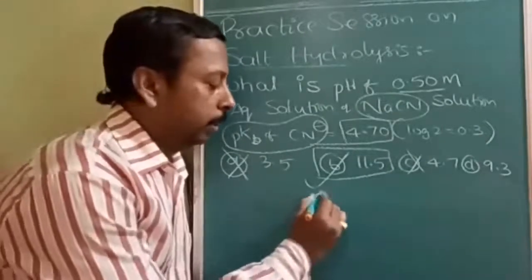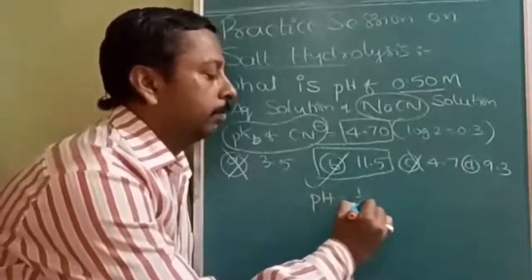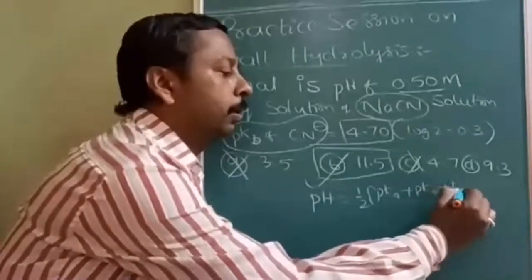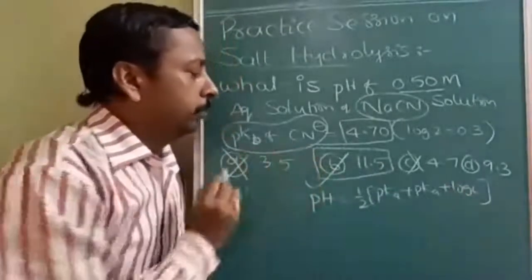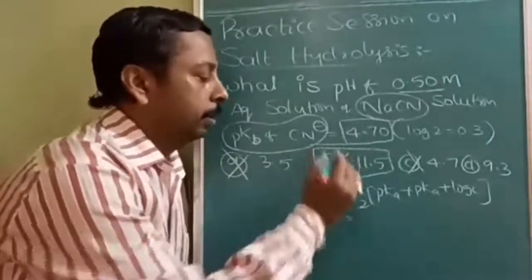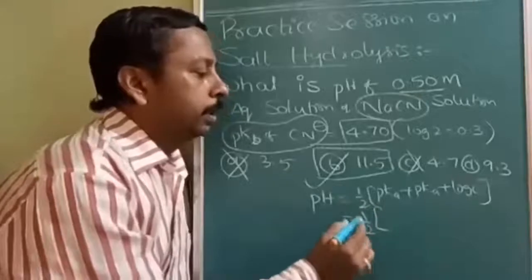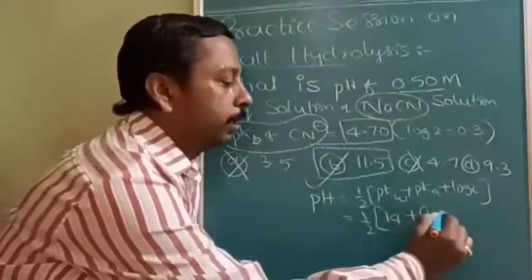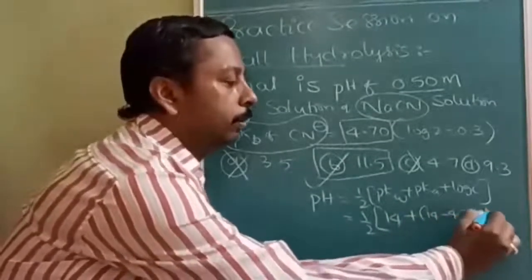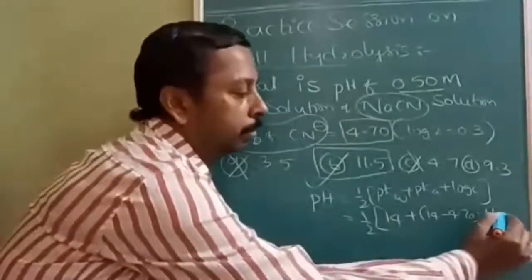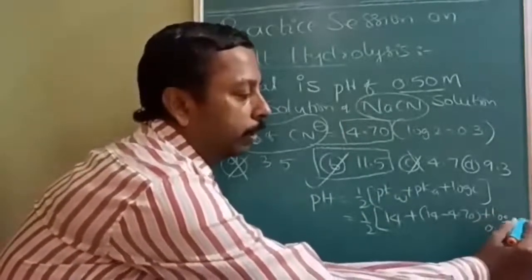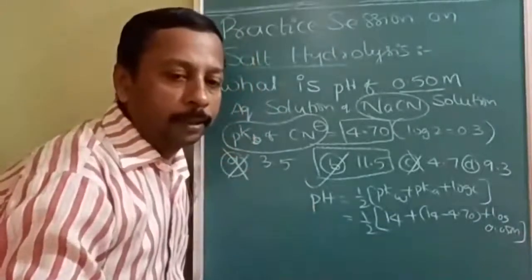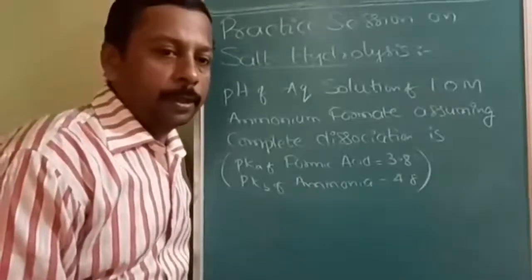Okay. So here pH is equal to 1 by 2 into pKw plus pKa plus log C. Okay. So to confuse you, this pKb word is used. Understood? So 1 by 2 into pKa. Sorry, what have I written? This is 14. So 14 plus 14 minus 4.70 plus log C. Okay. So log 0.5 molarity. Then you will get the answer. Okay. How much will you get? 11.5 on simplifying this.